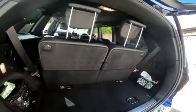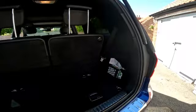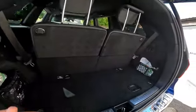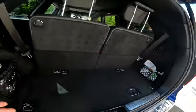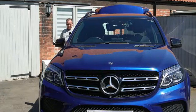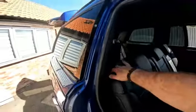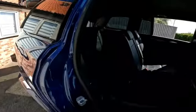Now what you can do is you can then reaffix the parcel shelf and still get a bit of parcel shelf. Now the Discovery was a 7-seater as well. What I didn't like about the Discovery is once you got those back seats up, you barely had any space. You've still got a reasonable size boot space in the back of this once you've got the 7-seater. So we'll go around this side again, and if you wanted to climb into the back, you can press the button, seat will come forward,